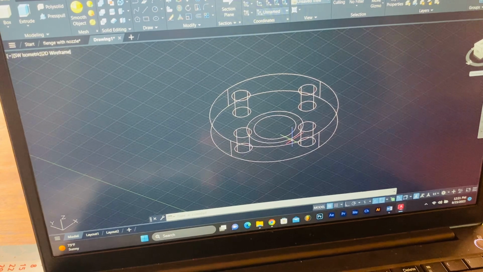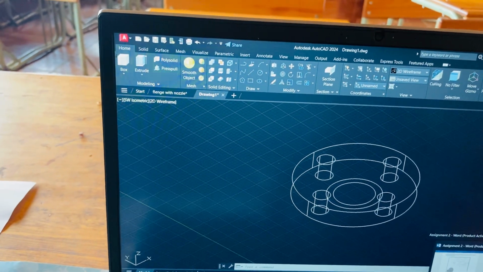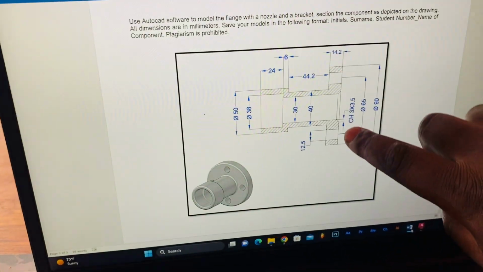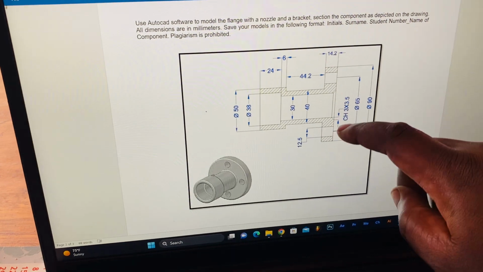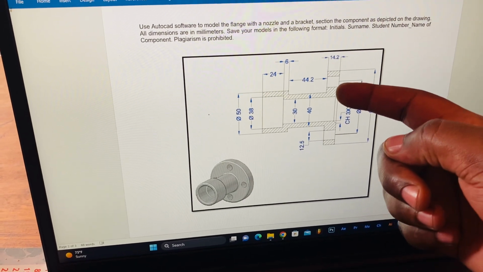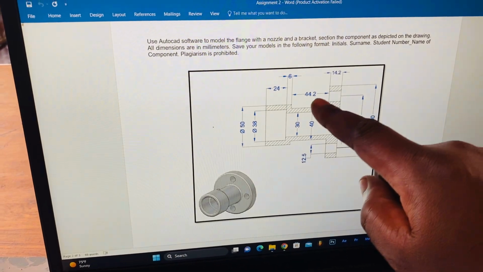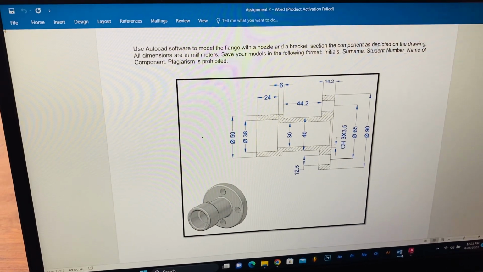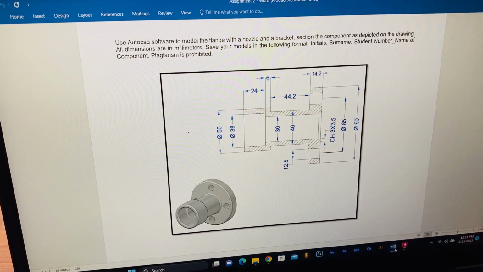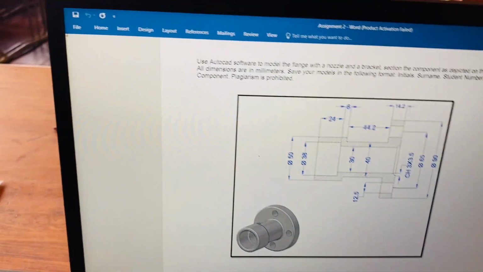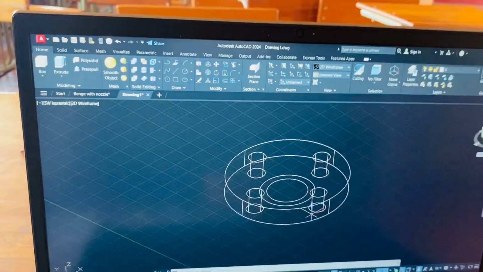I want to extrude this one as well, and this one will be extruded from 0. The 41 will be extruded from here up until here. That means it's 14.2 plus 44.2, and that makes 58.4. Yes, it makes 58.4, and therefore, since it's 58.4 like that,